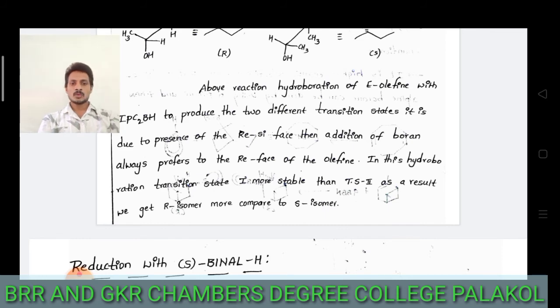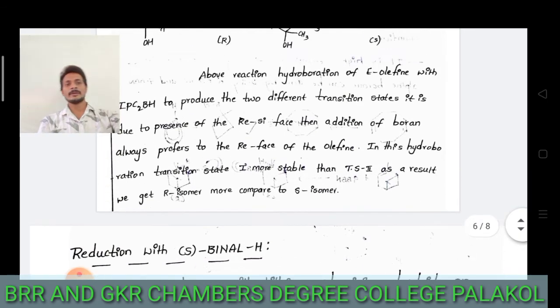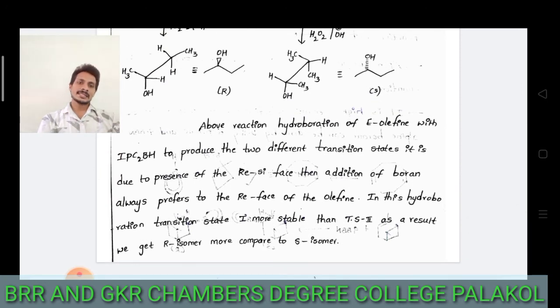As a result, we get more R isomer when compared to S isomer. Once again, in these reactions, E alkenes on addition with IPC2BH produce two different transition states, because E olefins have two different faces. One is the Re face, another one is the Si face. Then it gives two different